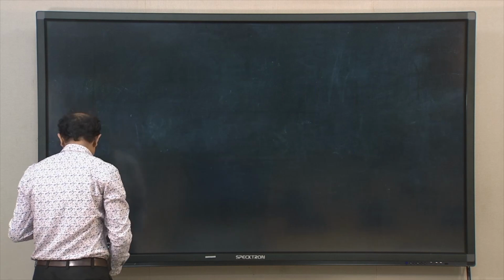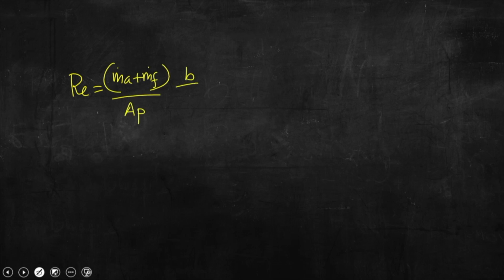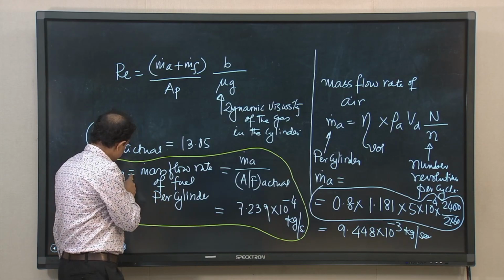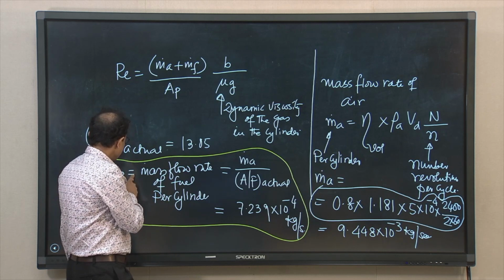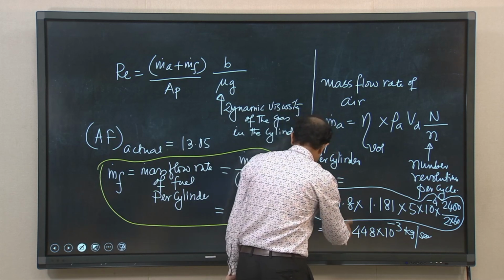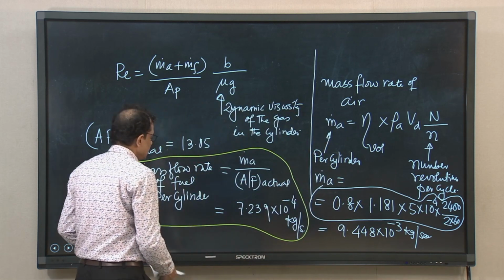If we plug in all these values, the Reynolds number will be equal to m dot A plus m dot F divided by AP into B by mu G. It would be 3060.5. So, that means if we plug in the value of mass flow rate of fuel, that is this, and mass flow rate of air, that is this, you can understand